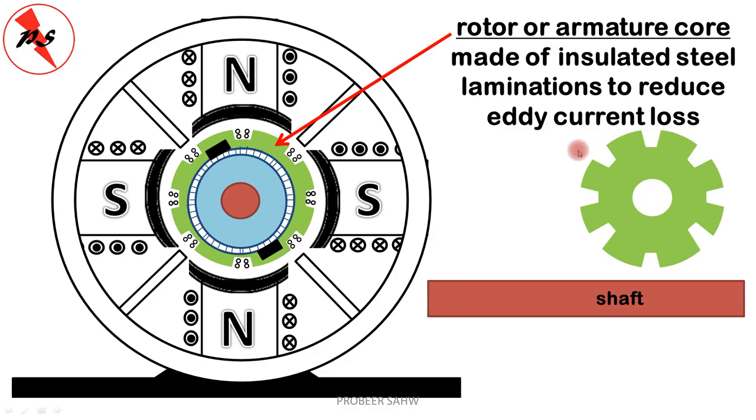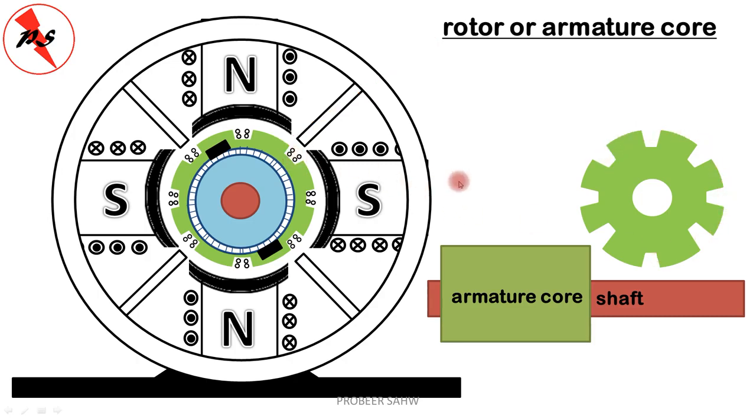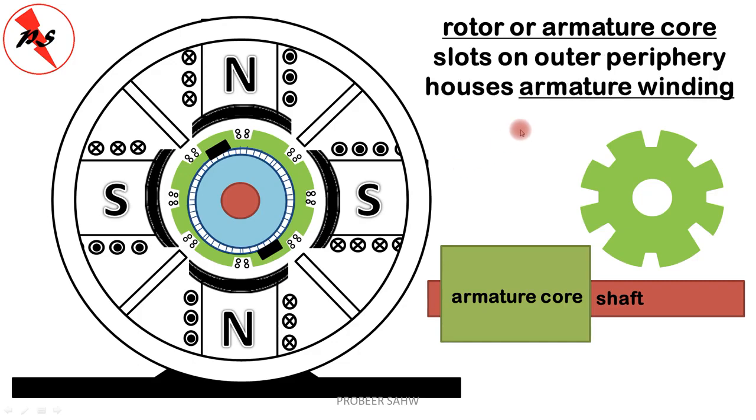So what we do, we take pieces like this and then rivet them together to make a long cylinder. Then this armature core will be cylindrical in nature. The armature core has large diameter but short axial length. Okay, the shaft has long axial length and small diameter, whereas the armature core has large diameter and small axial length. And on the outer periphery of the armature core we have armature windings. The outer slots have armature winding. These are the armature winding.